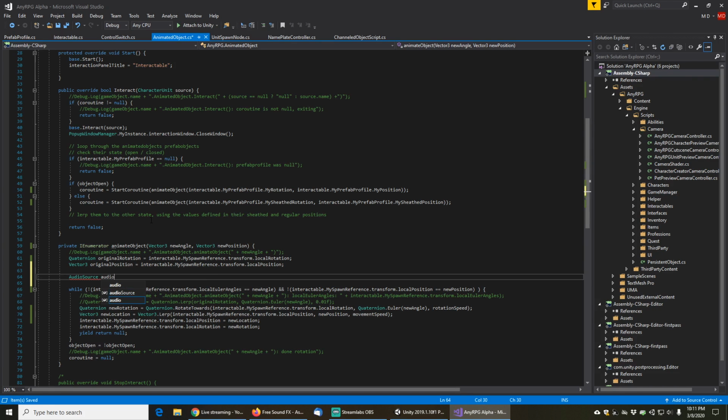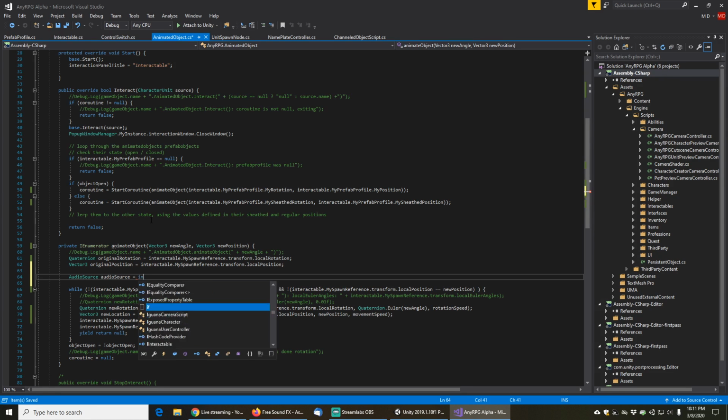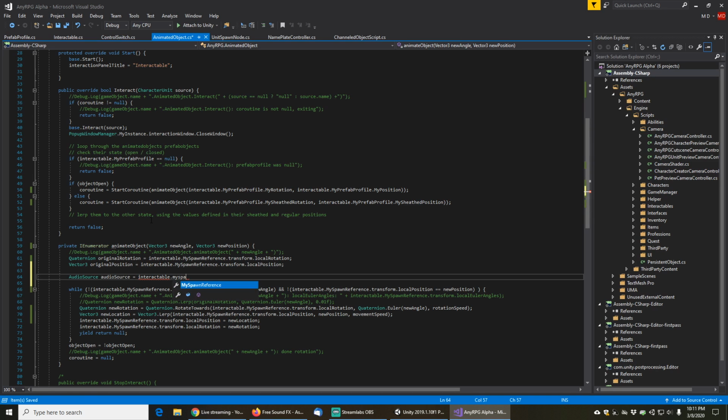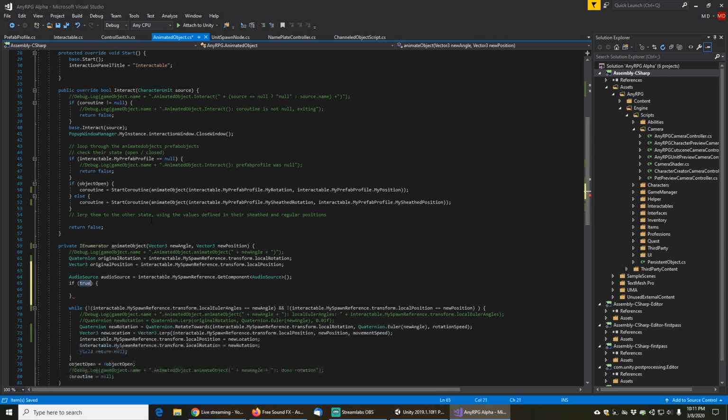So audioSource equals interactable.mySpawnReference.GetComponent, and we want to get the component AudioSource. If the audioSource does not equal null, and that's the audioSource with the lowercase a,